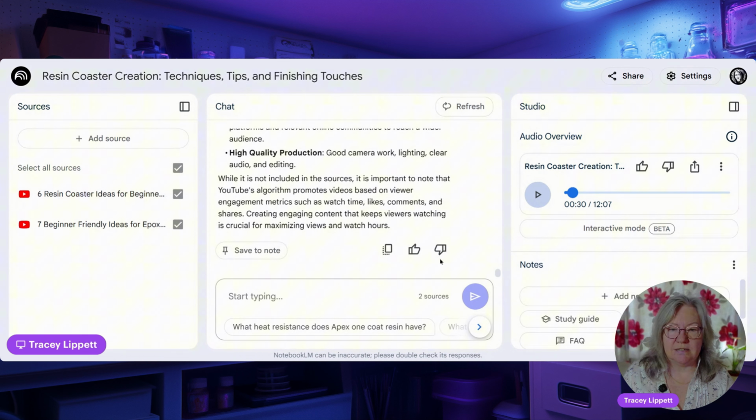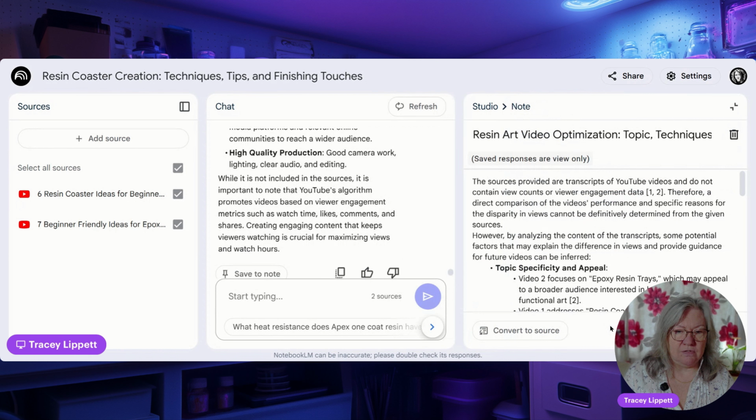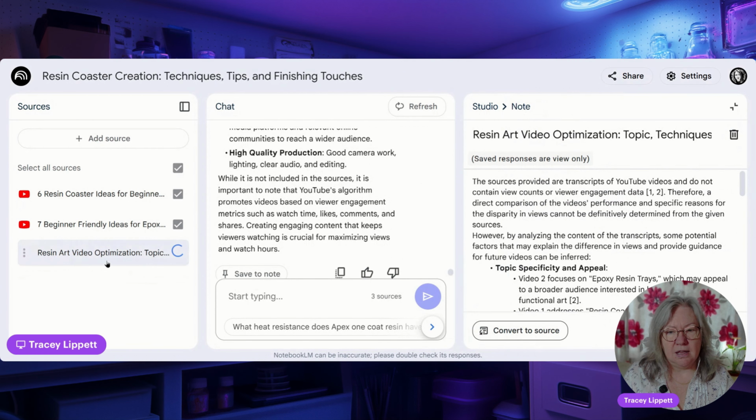So if you click Save to Note, what happens is it drops it over here for you. So now that's saved. So you can always refer back to this notebook and there it will be your research. Now, if you click on it over there, there's a new thing that happens. You've still got it in the center here. It's now appeared over on the right because it is one of your saved responses, but it's also got Convert to Source. The new button has appeared. You click that and look, it's now over there on the left.